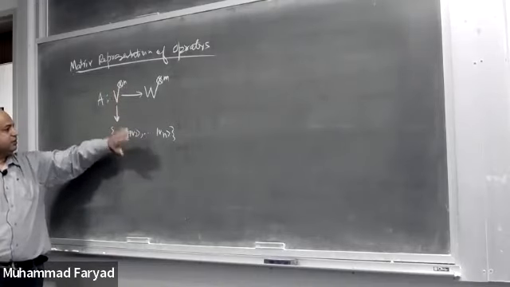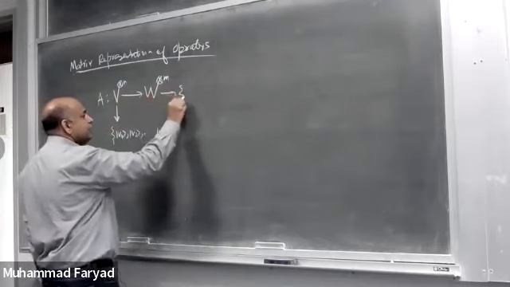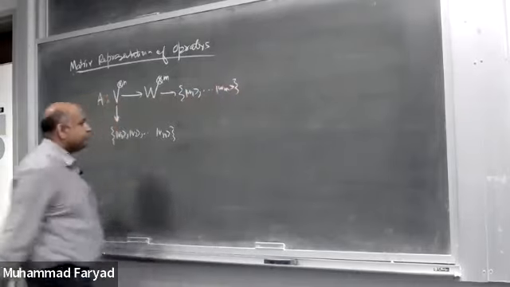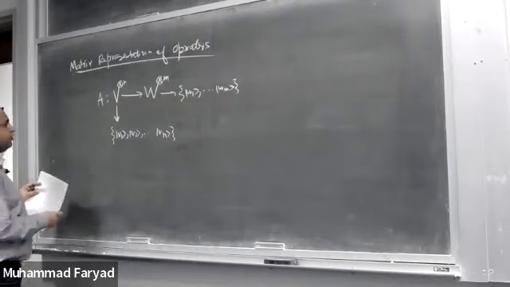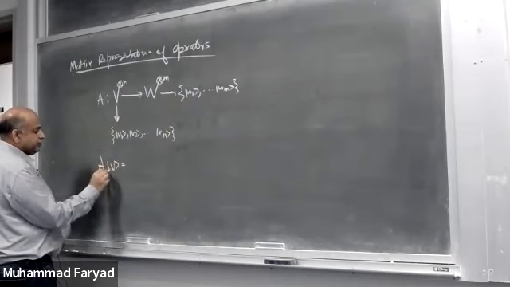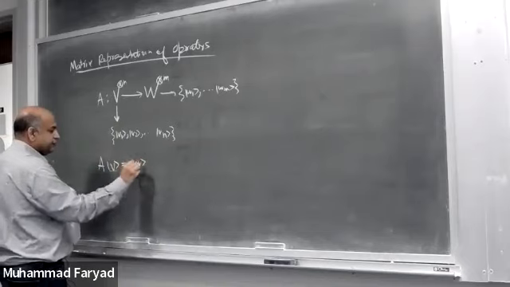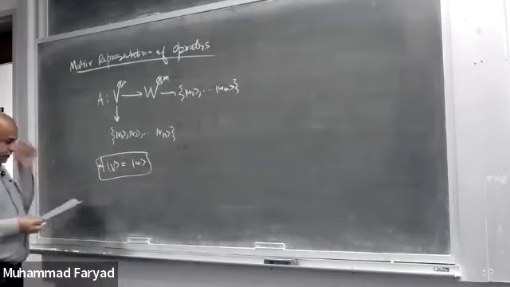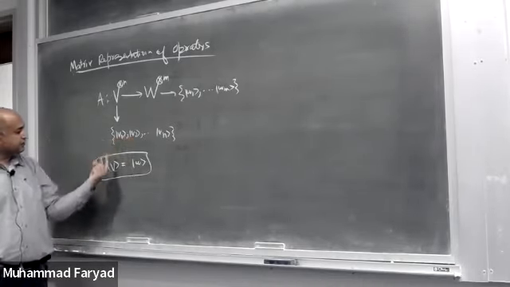So अगर ये n dimensional है, इसकी basis में n vectors होंगे. If this is m dimensional, then this has a basis that has m vectors. Okay. So suppose I want to find out what happens to a general vector v when I operate with operator A and I get some vector w. Okay, so for that all I need to know is what happens to the basis vectors of this vector space.